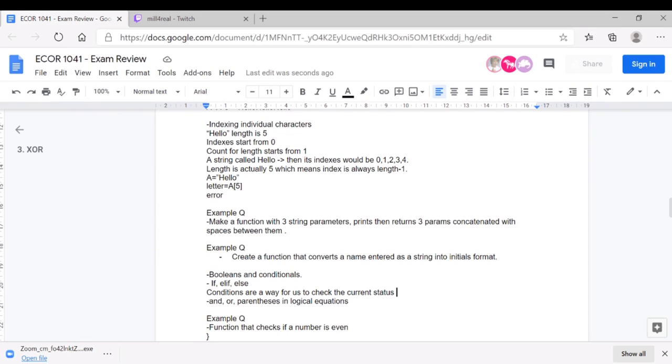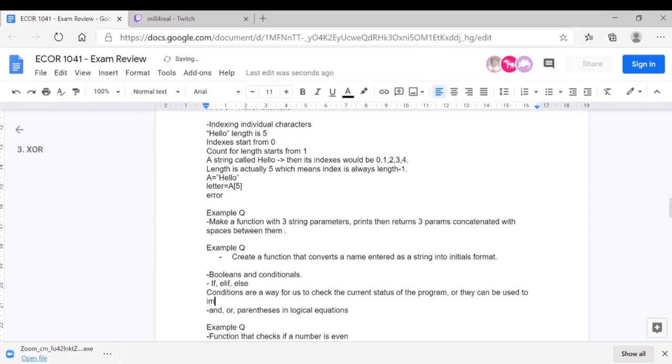So they are a way for us to check the current status of the program, or they can be used to implement features or outputs based on the inputs received.